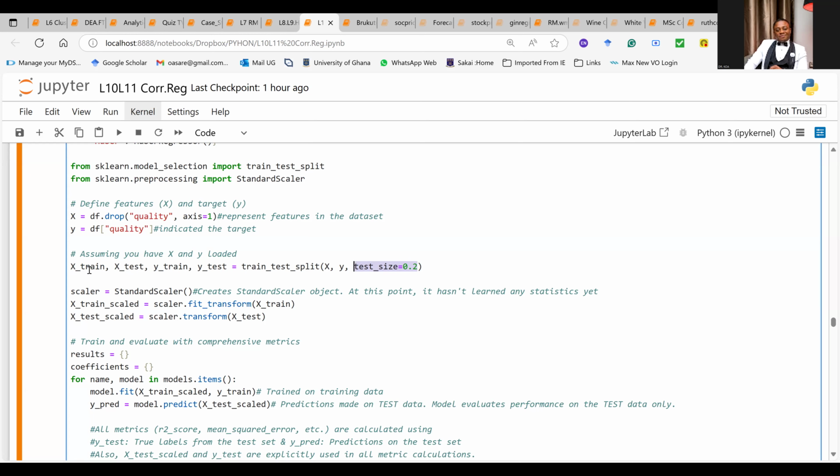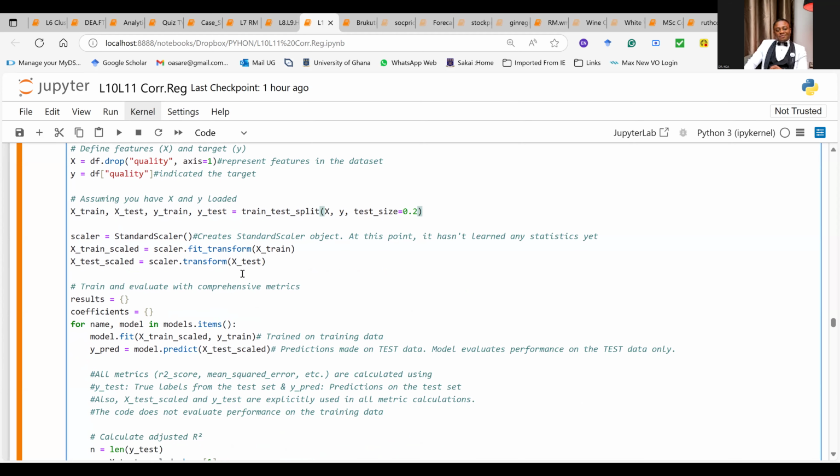So out of either the test or the training, you will have the X variable representing the features, and then you have the Y variable representing the target. So you can see that for the training, we have X train and Y train. And for the test data set, we have the X test and then the Y test. Wherever you see the test, that is 20% of the data, and wherever you see the train, it is 80% of the data. This package here will actually do the splitting of the data according to the way you specify. I'm not going to run that now, okay? It's a kind of data pre-processing activity.